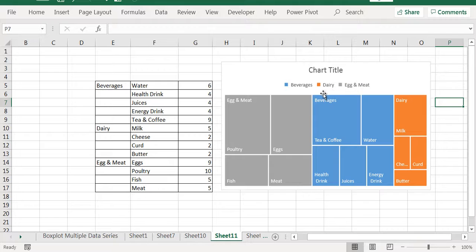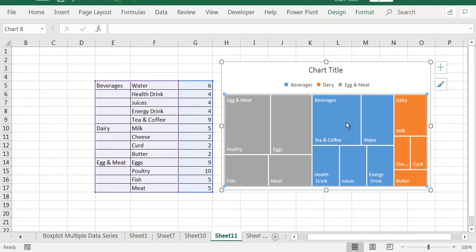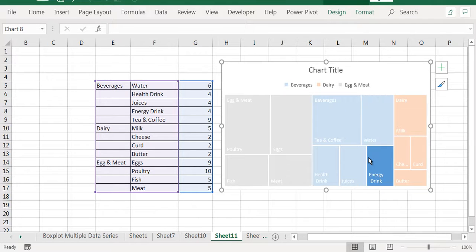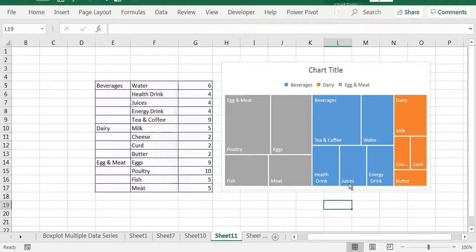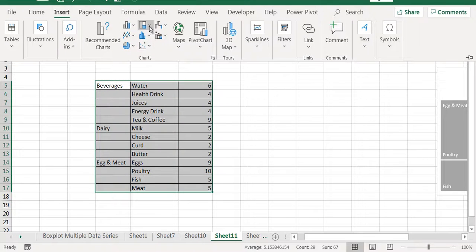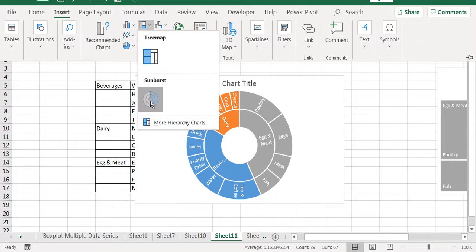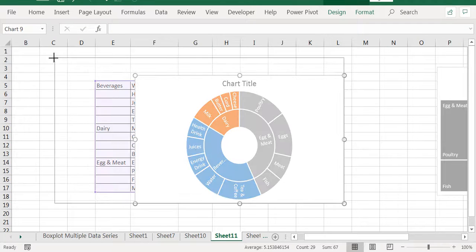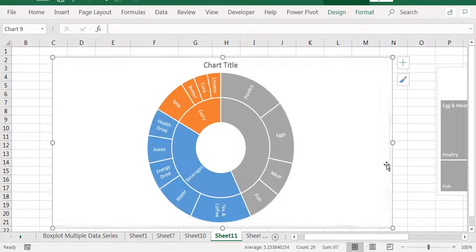Whenever you have categorical data, create a tree map chart and then you can click and see what is the sales here, what is the sales here. We have not made it percentage wise, you can make percentage wise data here also. Next, see sunburst chart. In the same data, if I insert, we have the sunburst chart. So you can create a sunburst chart here.